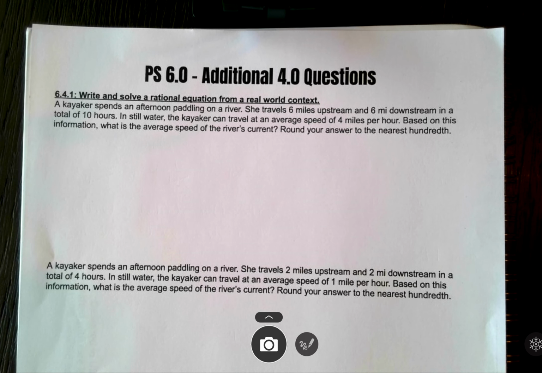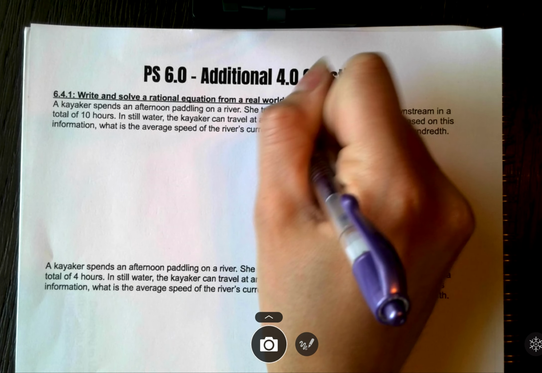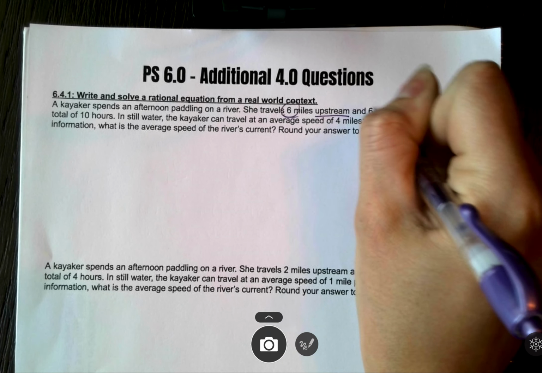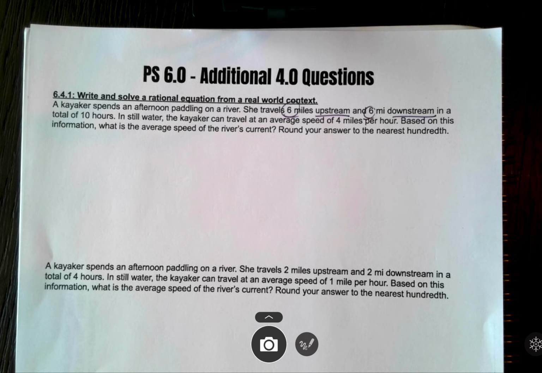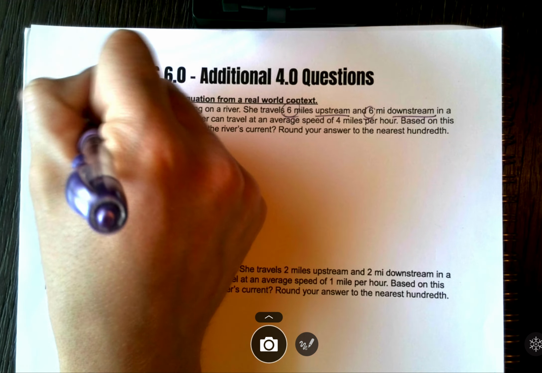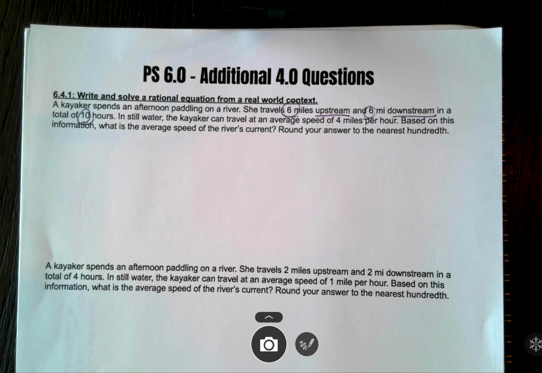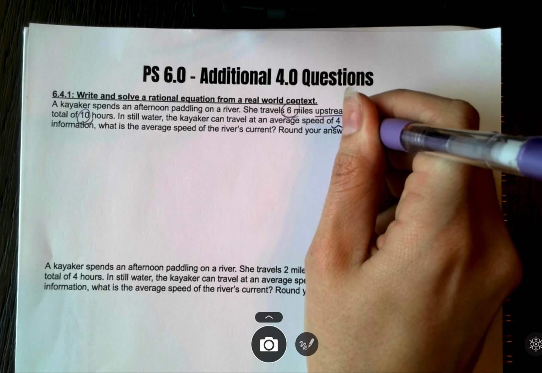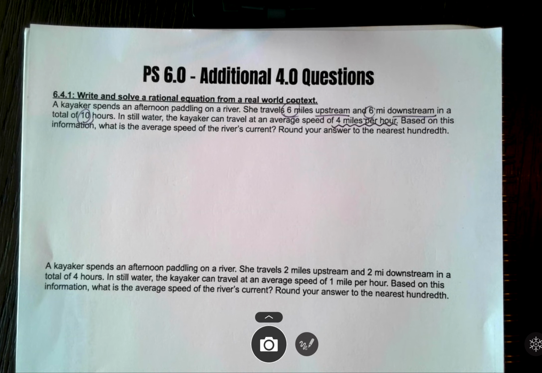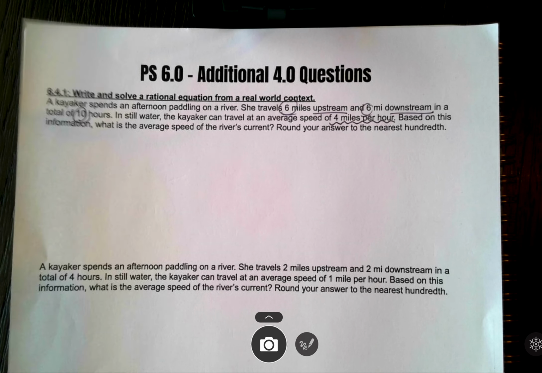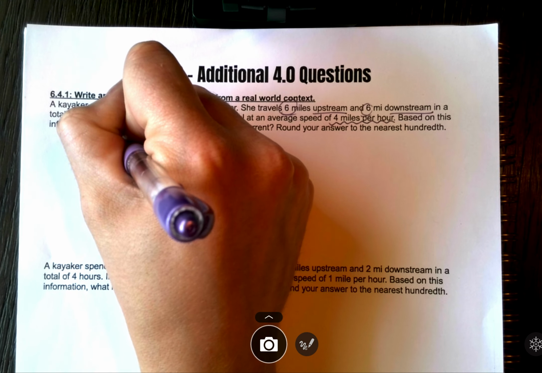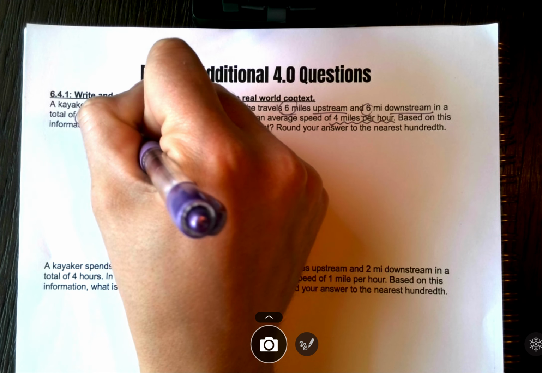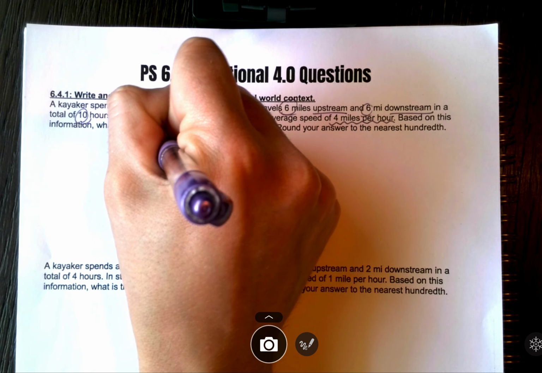So I want to start by circling important information. So I have 6 miles upstream and 6 miles downstream in a total of 10 hours. And then we also know that the kayaker can travel at an average speed of 4 miles per hour in still water. So how I want to start this problem is I'm going to make a template for me. So I'm looking at my upstream